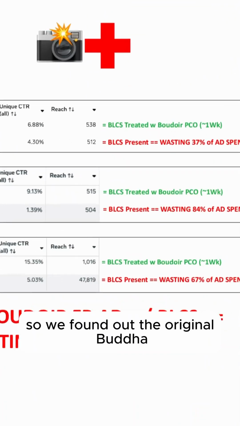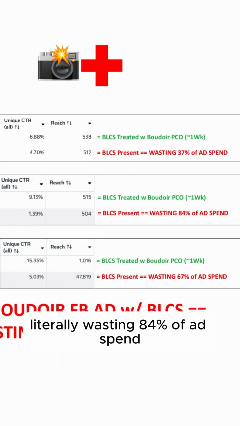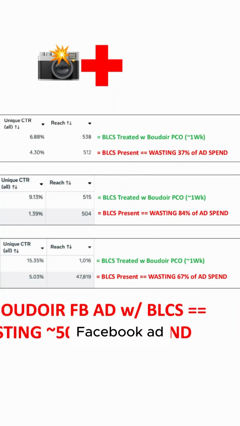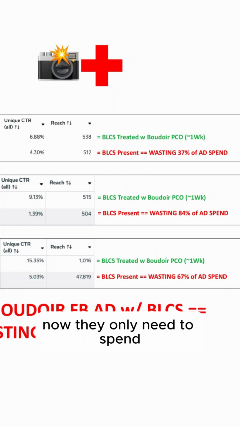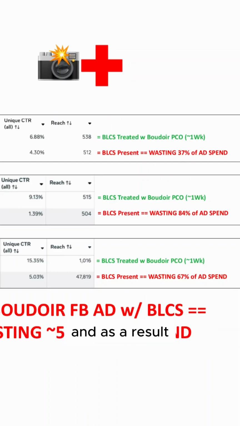So we found out the original Boudoir Facebook ad was wasting 84% of ad spend, literally wasting 84% of ad spend. So they're spending 10 grand a month on the original Boudoir Facebook ad. Now they only need to spend 1.6 grand a month on the Boudoir Pico treated ad to get it into the same number of women's brains. And as a result,